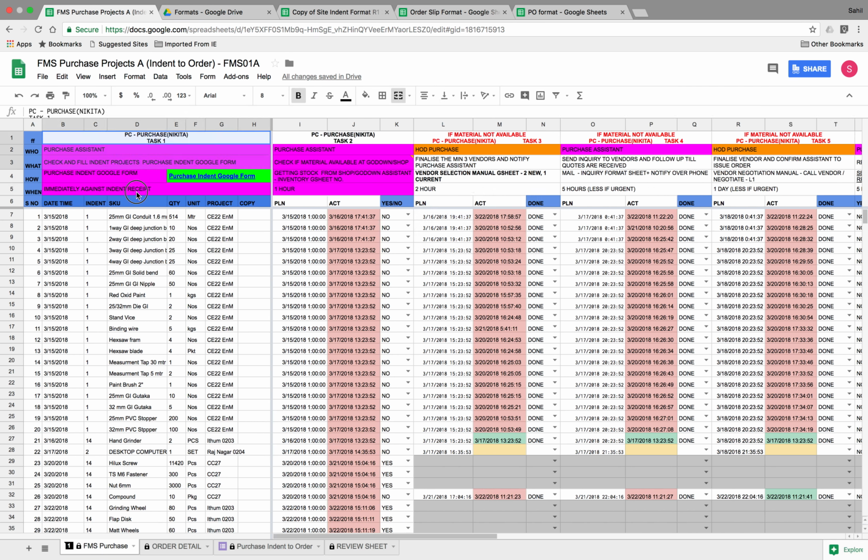So here you can say, which basically states that the material is available or not. If the material is available, we punch in yes. If the material is not available in godown or shop, we punch it no. There's one more thing you need to know: all the top boxes which are blank,